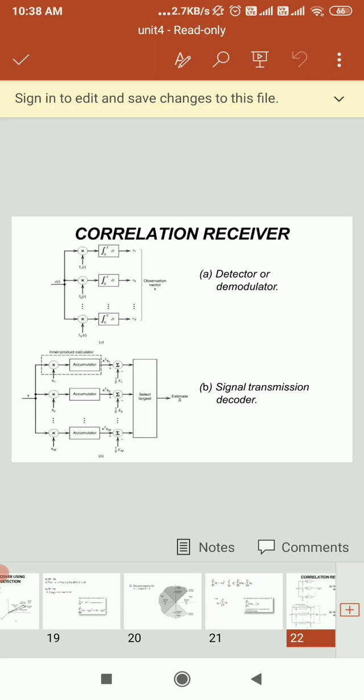In the absence of noise, if we take input signal s1 of t, y of t will depend on s naught 1 of t, and if the input signal is s2 of t, the sample output will be s naught 2 of t. So we can say when noise is present, the output should be closer to s naught 1 of t than s naught 2 of t if we are transmitting s1 of t, and if the output y of t is closer to s naught 2 of t than s naught 1 of t, we can say the second signal s2 of t was transmitted.